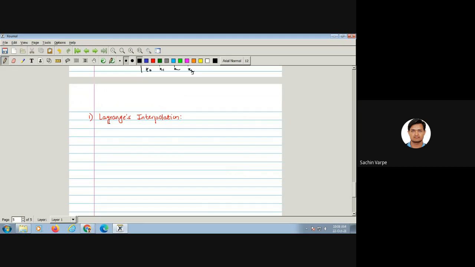So what does the Lagrange's interpolation mean? Lagrange's interpolation is the polynomial which is defined by the scientist Lagrange. So let me define Lagrange's interpolation. You can write: Lagrange's interpolation polynomial of nth degree is defined as